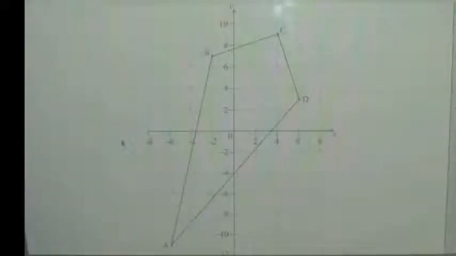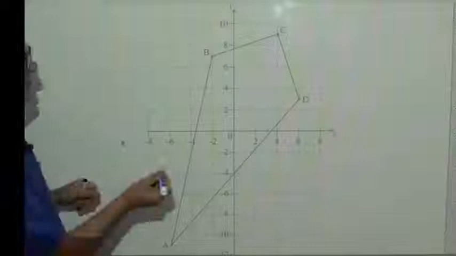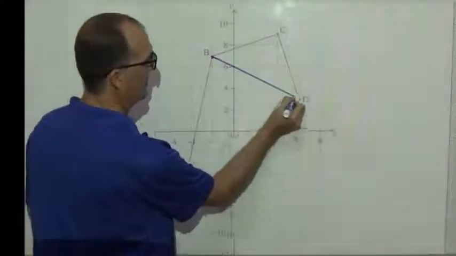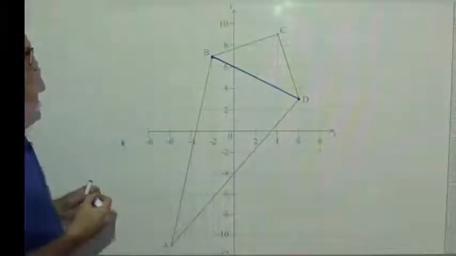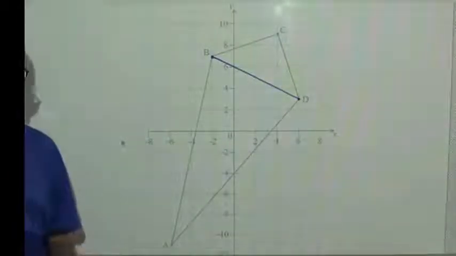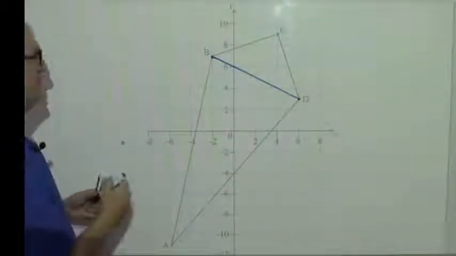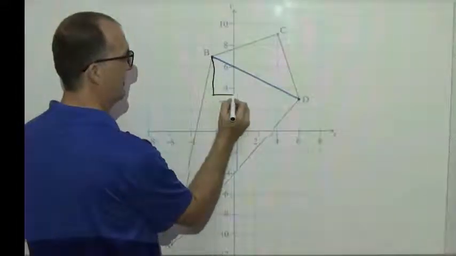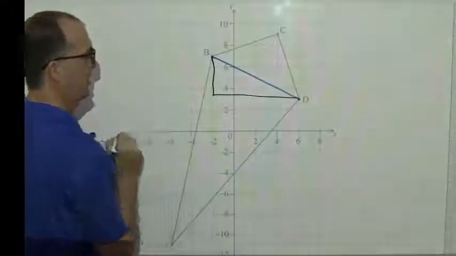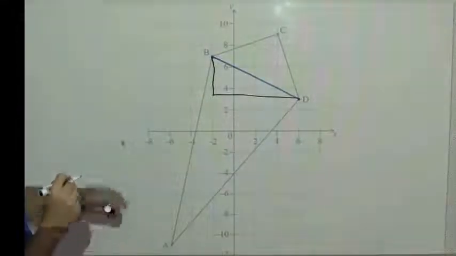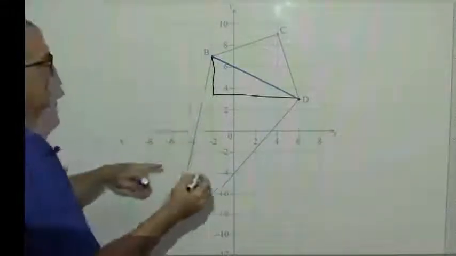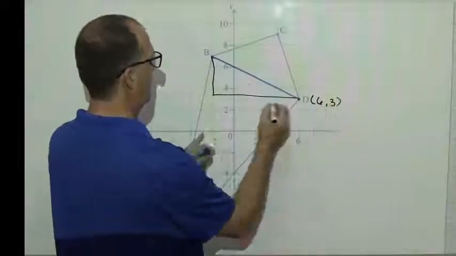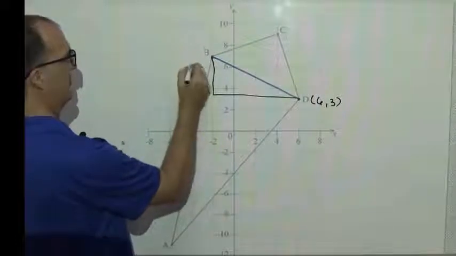So for part A, the distance between B and D is that straight distance. Essentially, the formula booklet has the distance formula, which is really just thinking of this as a right triangle. So this is where we could know the coordinates, like that this is the coordinate 6, 3, and this is -2,